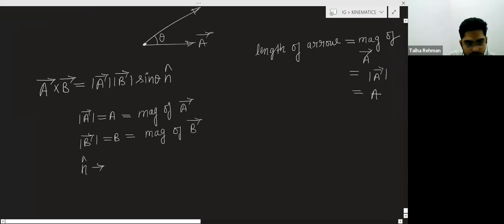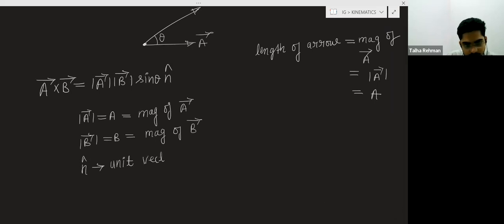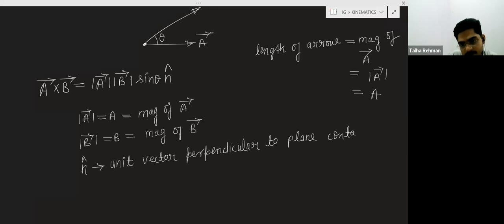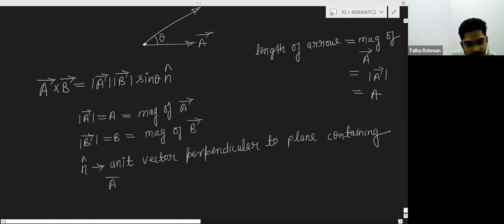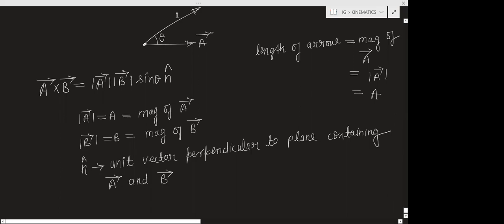N cap is the unit vector perpendicular to the plane containing A vector and B vector. Now what is this? A vector and B vector. For example, just a